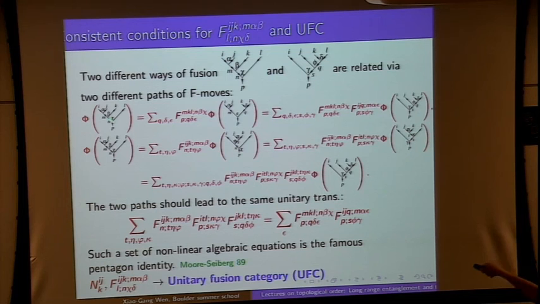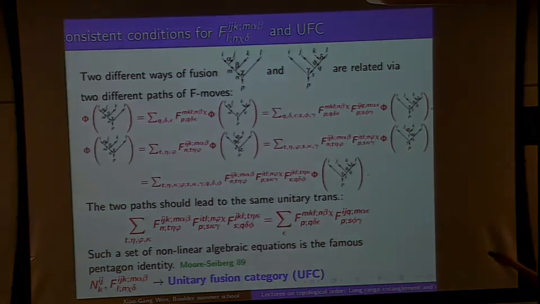For example, we can consider different ways of splitting coming from these two kinds of fusion. Here we fuse I J first, then fuse M with K, and so on. Here we fuse I J first, then K L second, then M and Q third. That all describes different ways of fusion. But however,